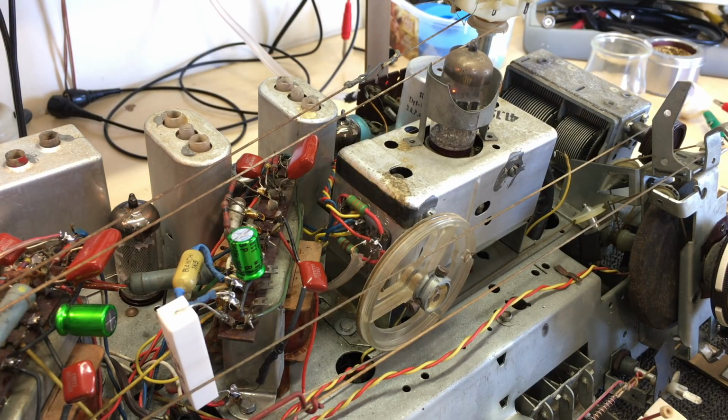And the irony is that I found absolutely nothing wrong. This was scary. I realized I was getting to the end, and I kept praying that I was going to find a faulty capacitor, an open capacitor, and I found nothing wrong. So when I put this back, my hopes were not really up. I was convinced that I was going to get absolutely nothing again, and I really had no expectations when I switched it on, but